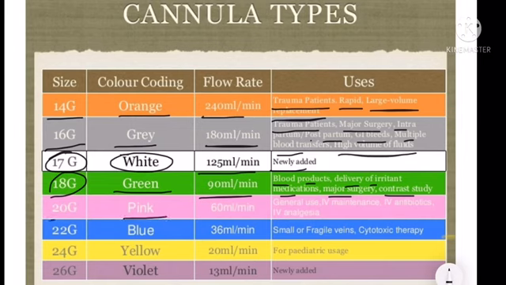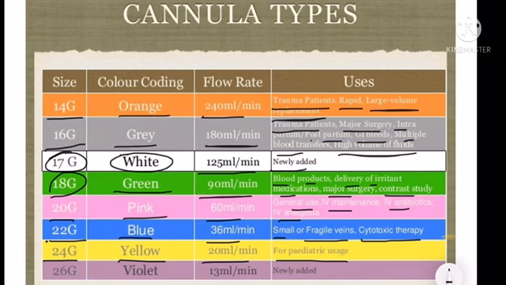The pink cannula with 20 gauge and 60 ml flow rate, used in general procedures, like IV maintenance, IV antibiotics, and IV analgesics. The blue one with 22 gauge, having lesser diameter, and because of less diameter it has a lesser flow rate, 36 ml per minute. Used for small or fragile veins, where we cannot use the larger diameter cannulas, and cytotoxic therapy. The yellow cannula with 24 gauge with 20 ml per minute flow rate, usually used in pediatric patients. The violet or purple with a gauge of 26, flow rate 13 ml per minute,